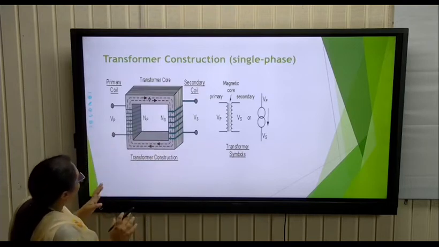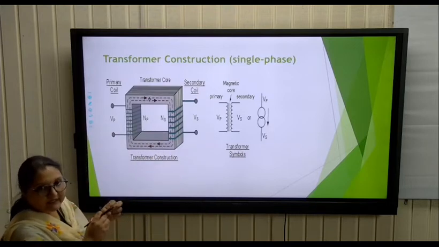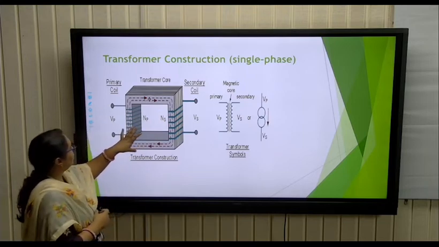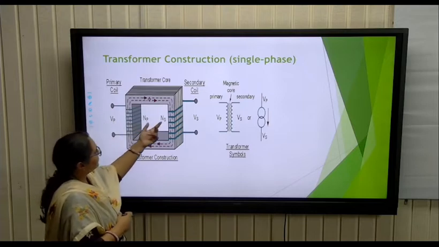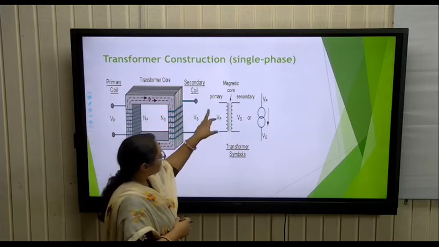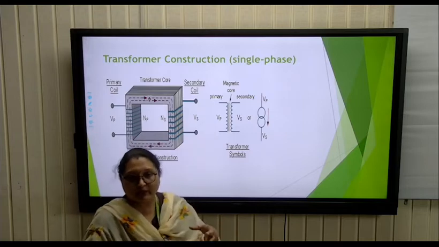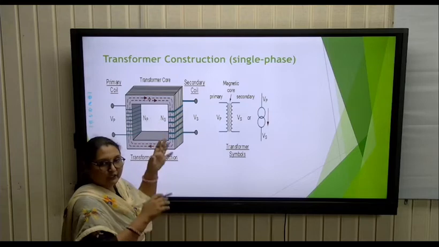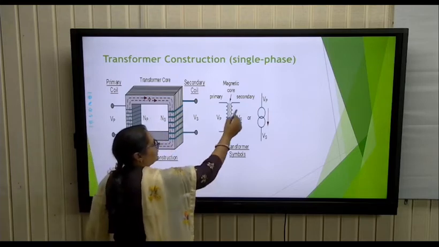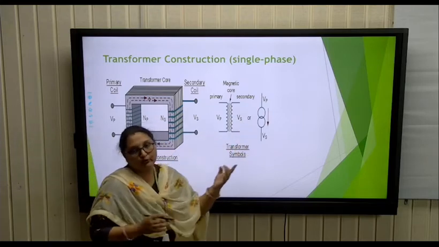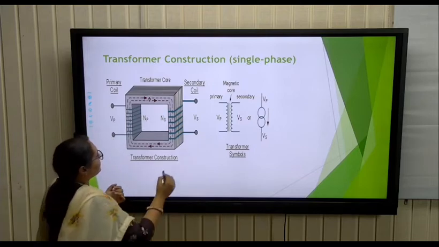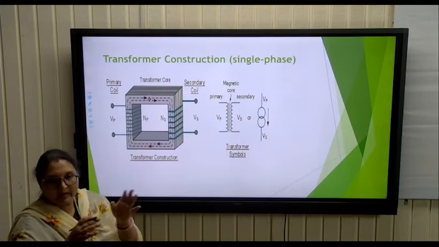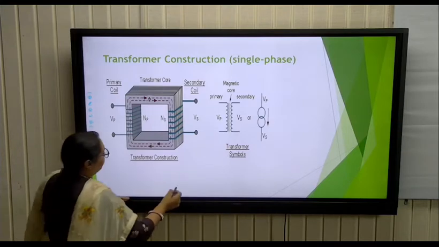Okay, so here again I have shown the different parts with a symbolic notation like this. In the previous slide I have also told you the same thing. This is like VP, NP, NS, VS, and then this is another way of showing the transformer. Every time you cannot draw the same figure. It is not easy to show this construction in your circuit. So this is the symbolic notation of the transformer. In both ways you can show it in your circuit. These two lines represent the magnetic coupling between the primary and the secondary winding. Fine.